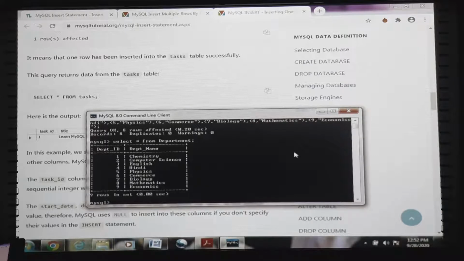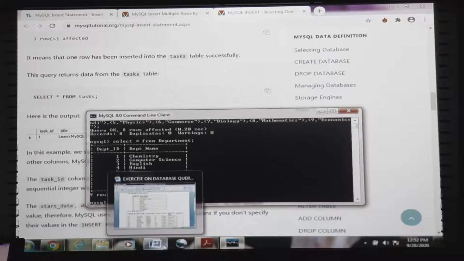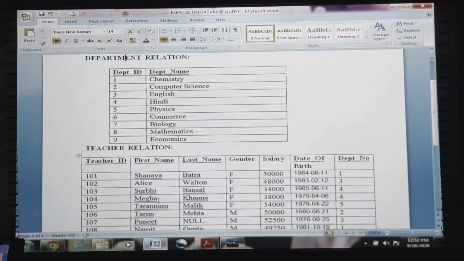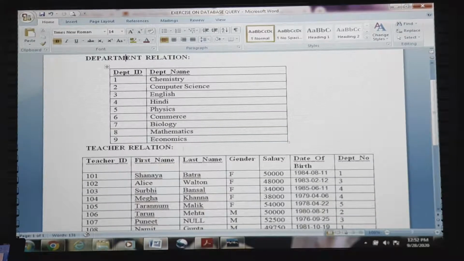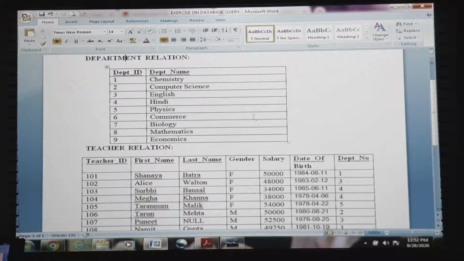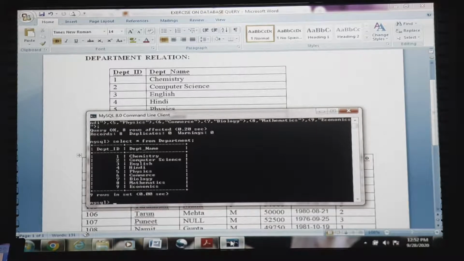See, our query got executed successfully. The complete table containing all the tuples got inserted into our MySQL database, first, second, third, fourth up to the 9th data.